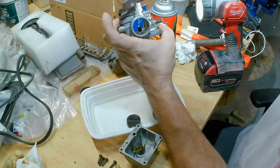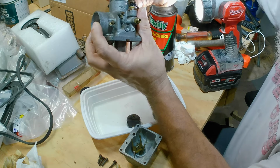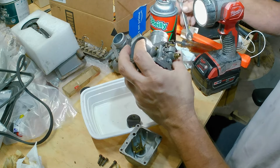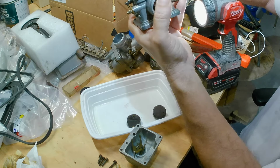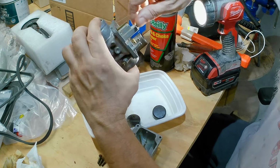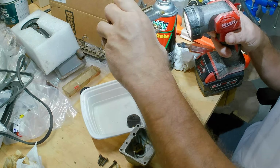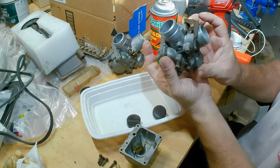Alright, so that was pretty much all I was really worried about anyway. Now then, see, that is a little bit loose actually. So, instead of loosening it, I'm just going to snug it up a bit. I like that. Okay. Again, I looked through these jets. Normally I would pull all these jets out and clean out the orifices and clean out the actual jets, like I said. But I can clearly see through them, so as minimally invasive as that was,